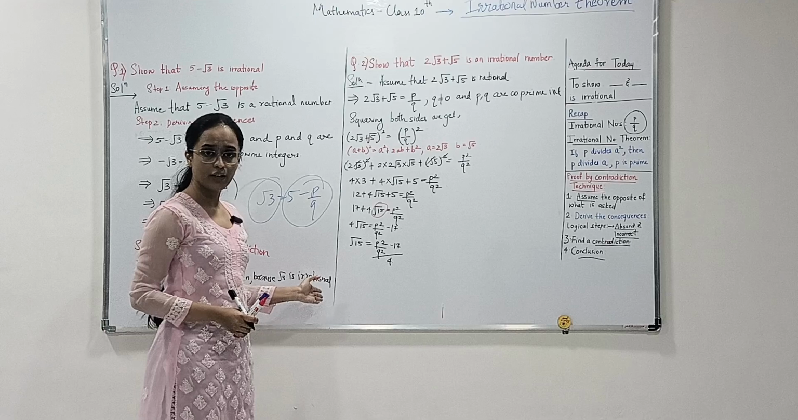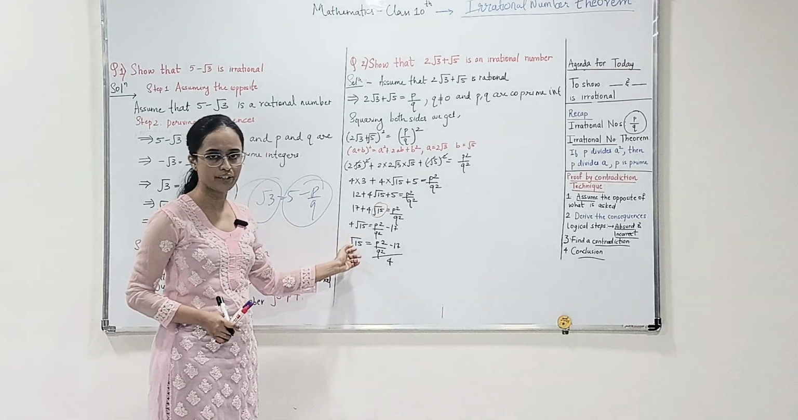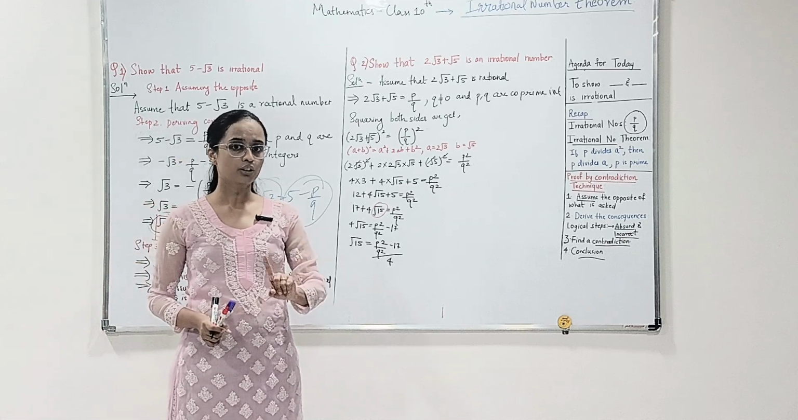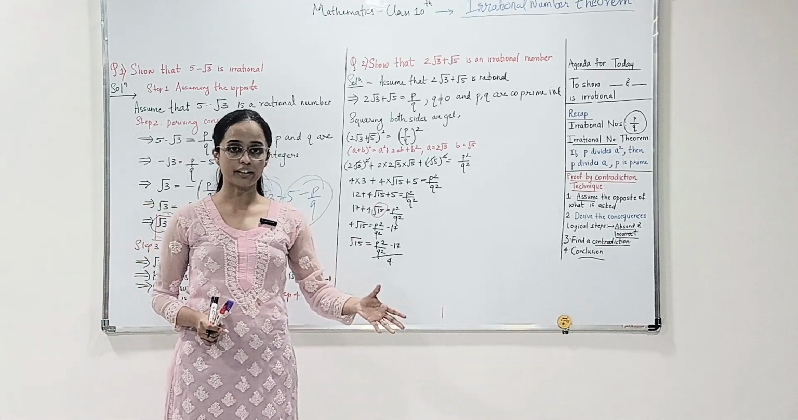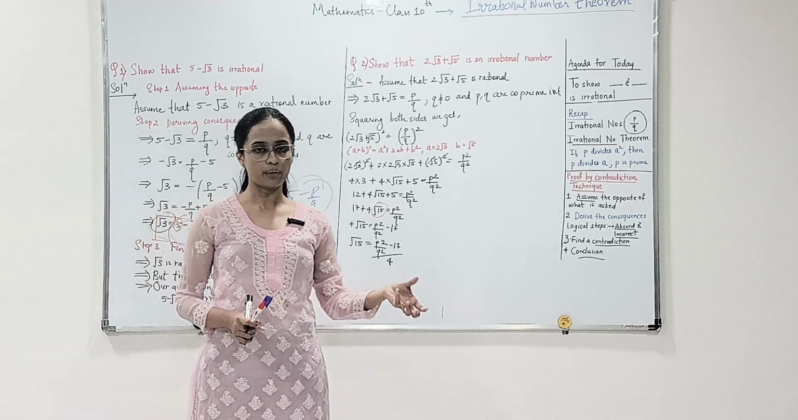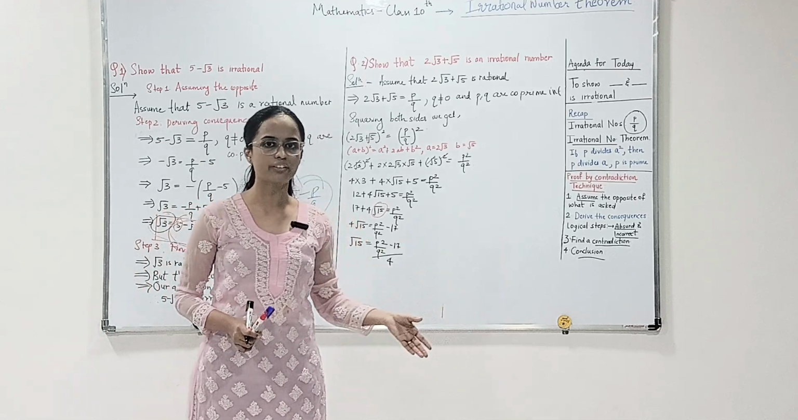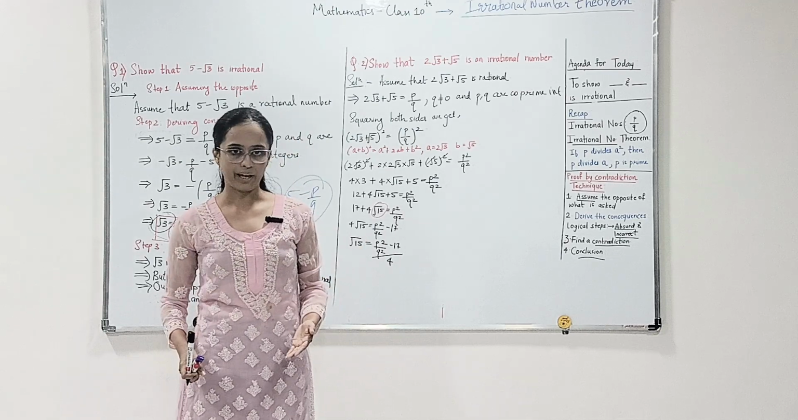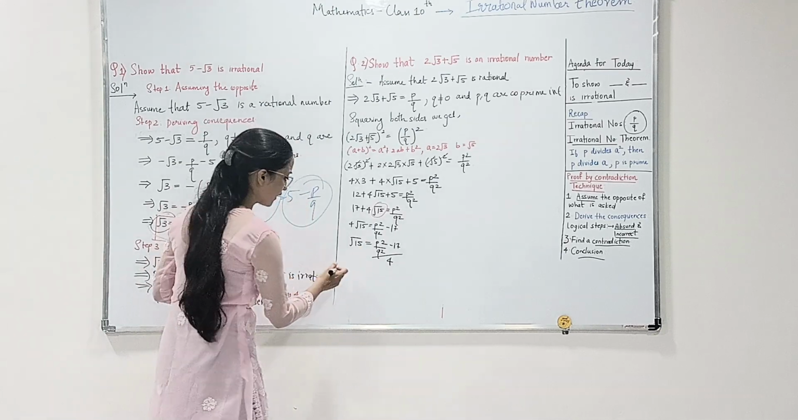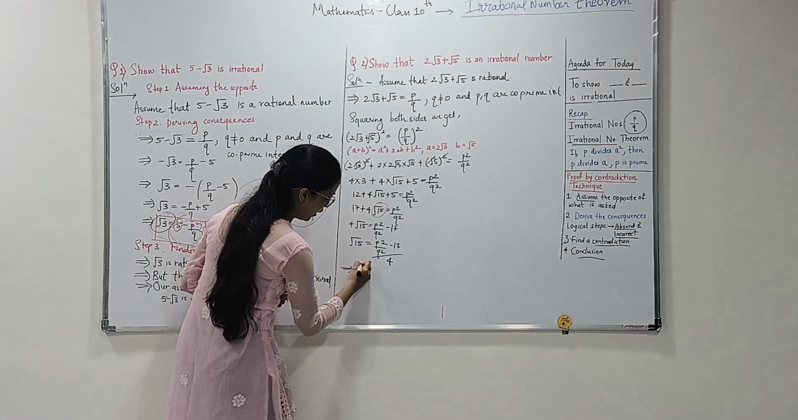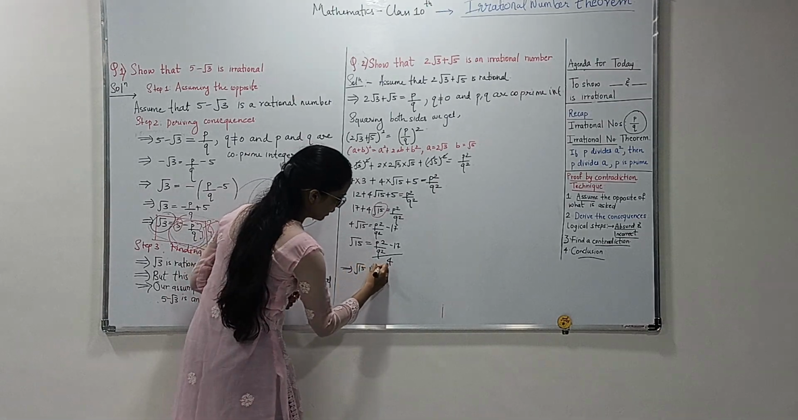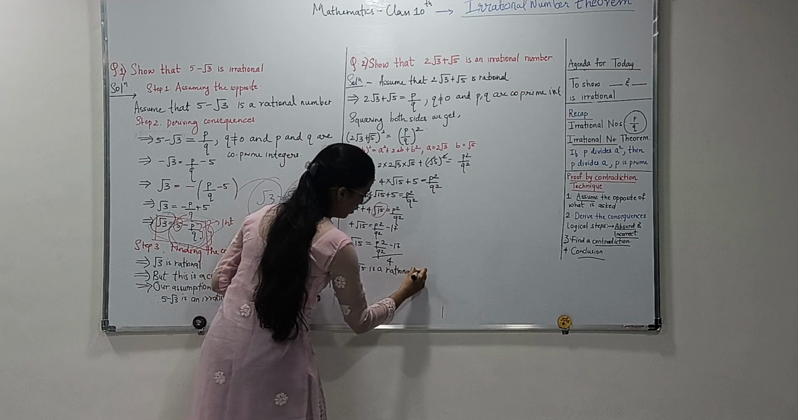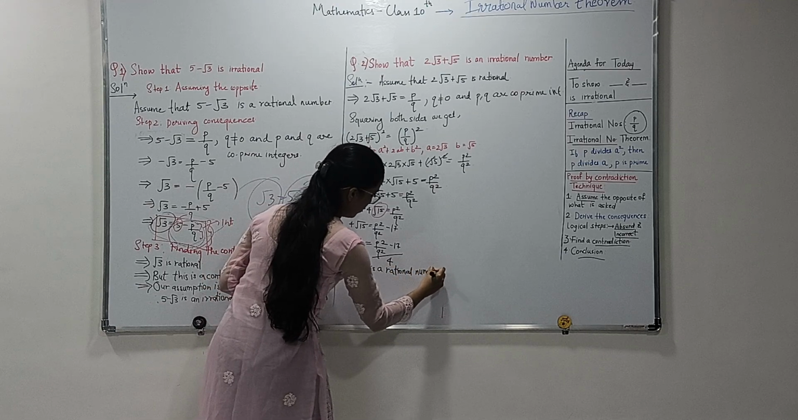But on the left hand side we do have root 15, and what do we know about root 15? It is an irrational number. So we have come to a contradiction. We actually found out the contradiction. And what is the contradiction over here? That you are equating an irrational number with a rational number. So this implies that root 15 is a rational number,